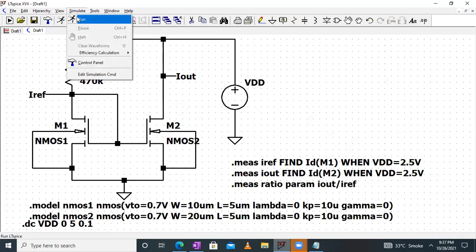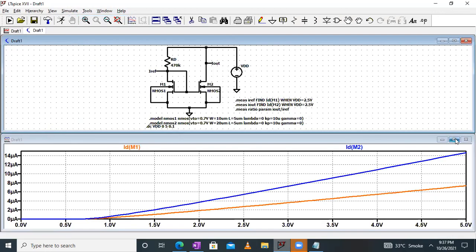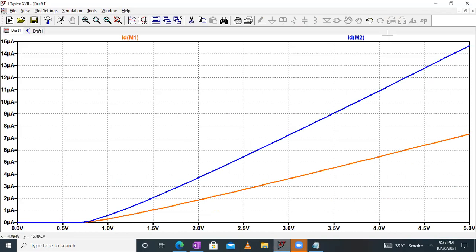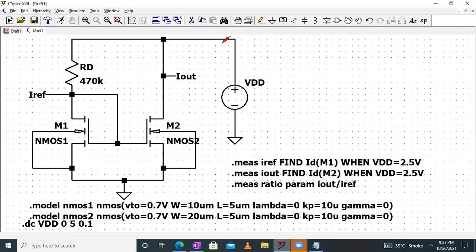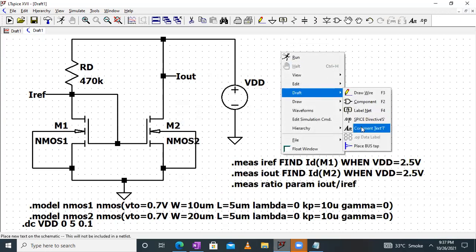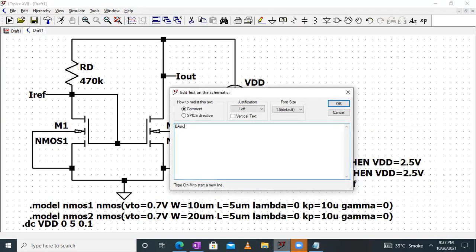So I have already simulated. I'll simulate it again. We are getting the graph of ID of M1 and ID of M2, the drain currents of M1 and M2. You all can take a print screen of the schematic, and you could add a label over here such that we can call it a basic current mirror.